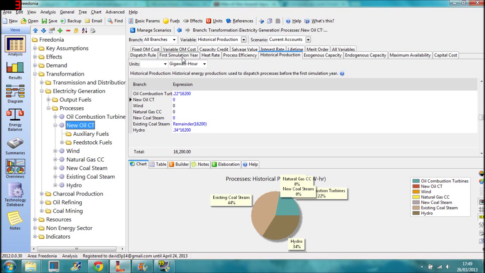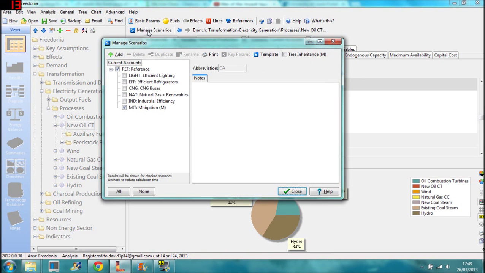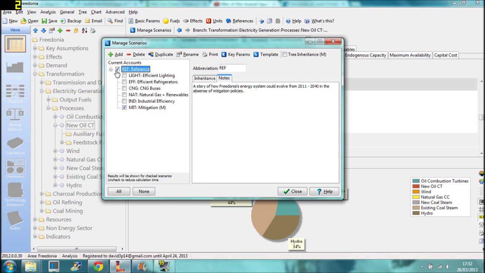Above the drop-down menus, you will notice a button labelled Manage Scenarios. Within the default Freedonia dataset, there are a total of 7 scenarios. To the left-hand side of the name of the scenarios, you'll notice there is a checkbox. Whether this checkbox is ticked or not defines whether the scenario will be calculated when the model is run. For a more detailed explanation about how to manage your scenarios in Leap, please